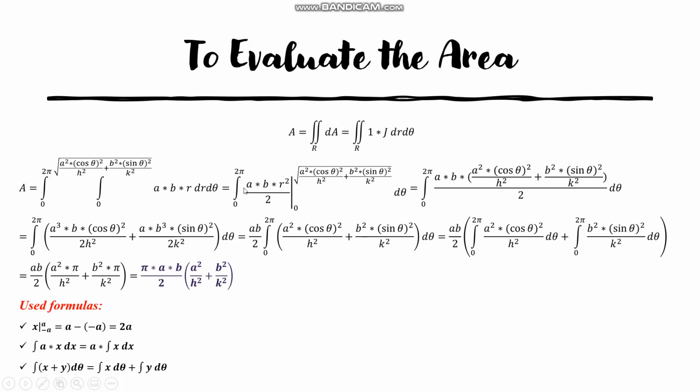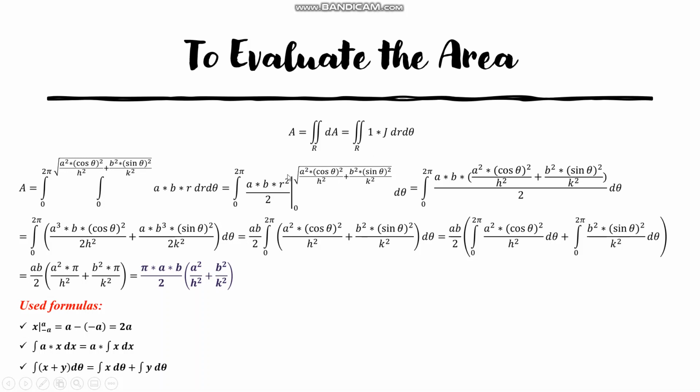That's why it will be the integral from 0 to 2 pi of a b r squared divided by 2, from 0 to this equation, d theta, and again equals,